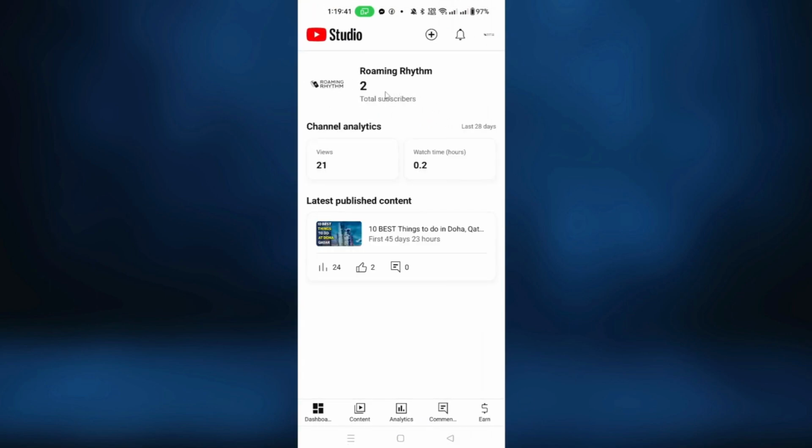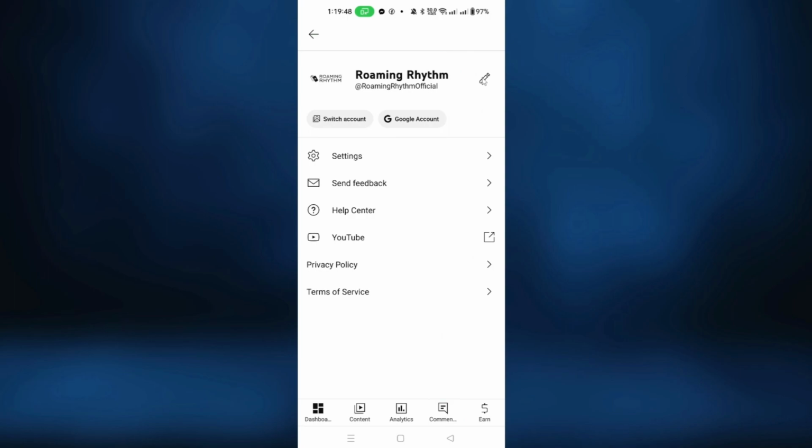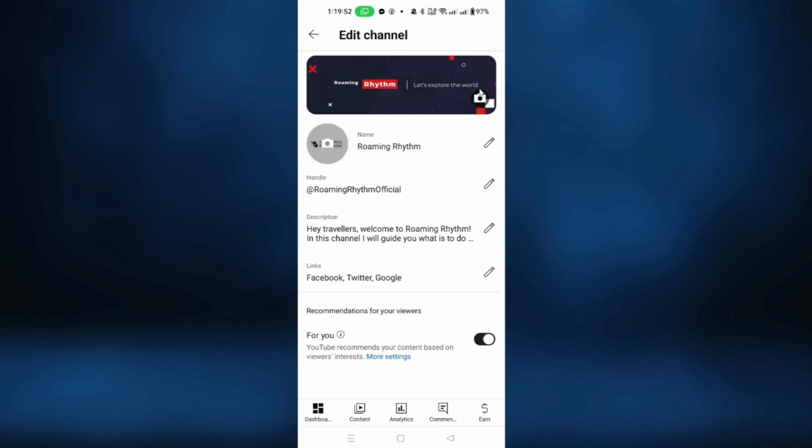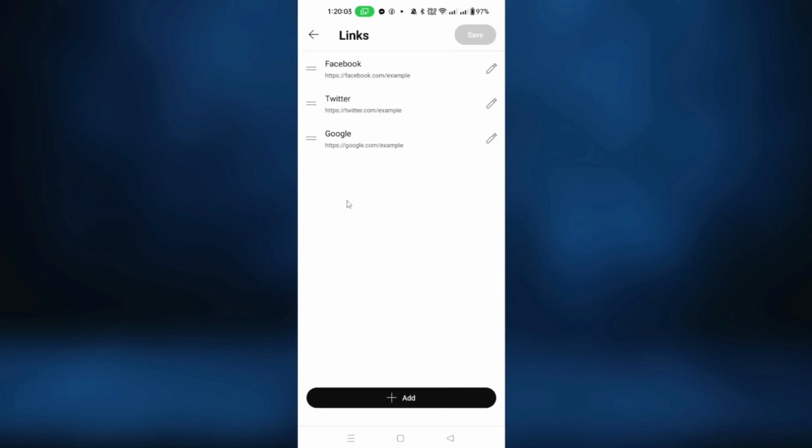After then you will see an interface like this. Then you have to click on the profile icon of your channel, and then you will see a pencil icon here. You have to click on that, and then you will get an option to add or change the links in your channel. You have to click on that, and here you can edit or add some other external links